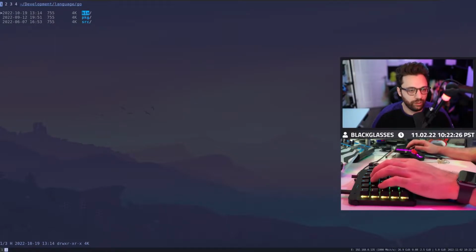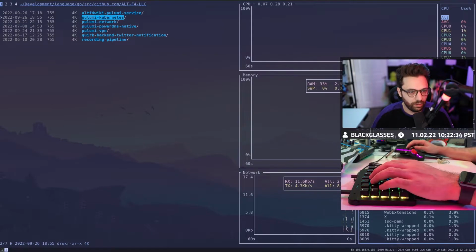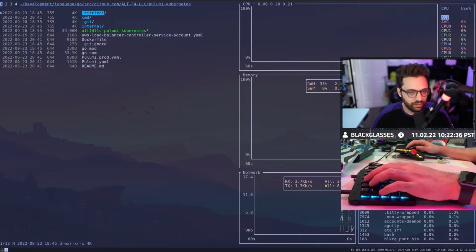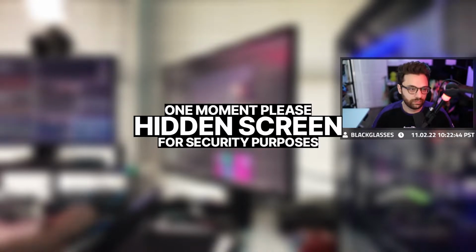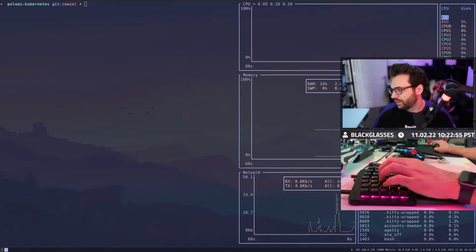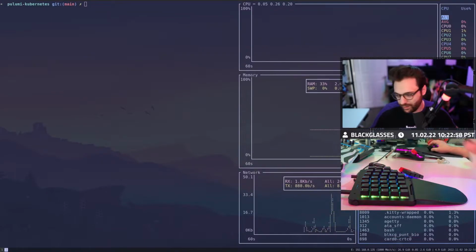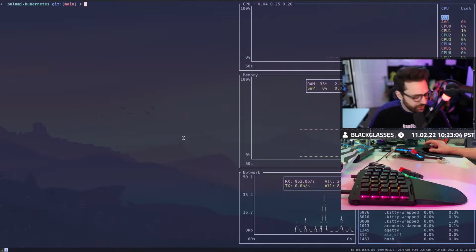Let's go to language, let's open up our fancy, yeah, there we go. That's nice. That's what we like to see. Okay. Source, GitHub, this. Pulumi Kubernetes, right. AWS load balancer, Pulumi Kubernetes. Hang on. Horizontally scaling, yeah. I mean, on a budget. So I think that's the problem.